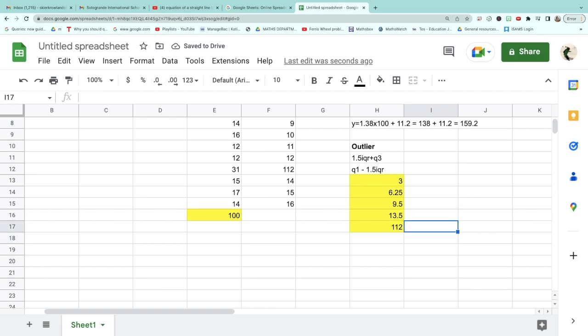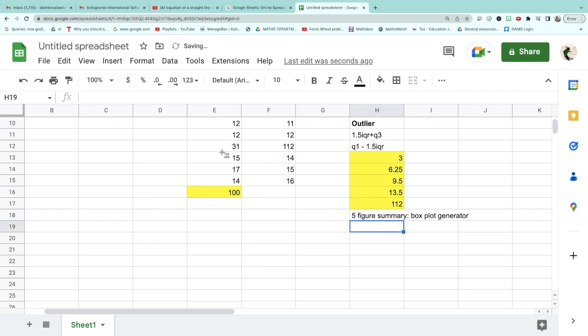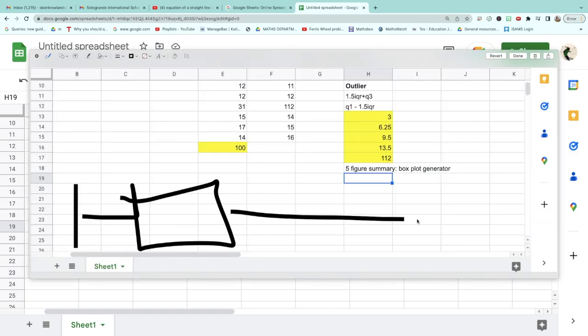Then this is called a 5-figure summary. You can then do a box plot generator, but we're going to see with this box plot that it's going to look a bit strange. Remember, this is a 5-figure summary. If we did the 5-figure summary, it would look like this. It would be 3, and then we'd have 6.5,